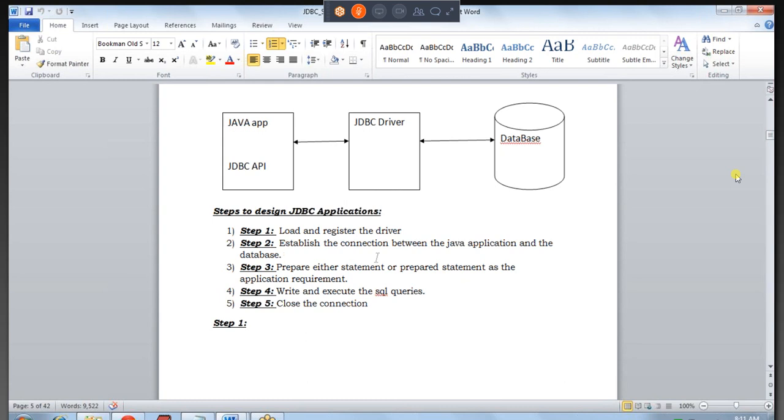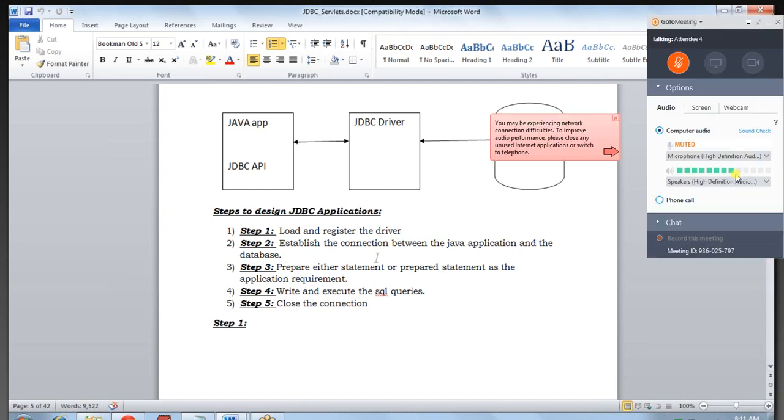Okay, so yesterday we discussed what happens when you use a driver, how the conversion happens, how the query parsing is done, and how many steps are involved. So today, the first thing we are going to discuss is the steps to design JDBC applications. There are a couple of steps that you need to follow in order to connect using the JDBC API. These are mandatory steps that you need to follow in order to connect to the database using Java and the JDBC